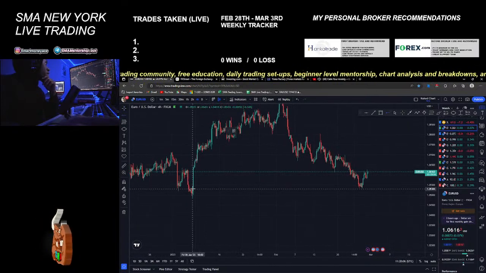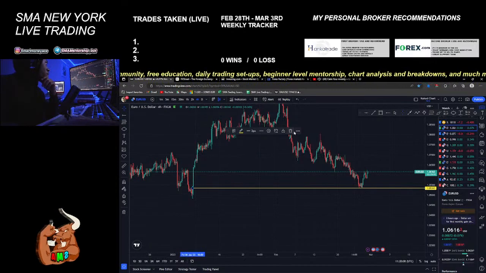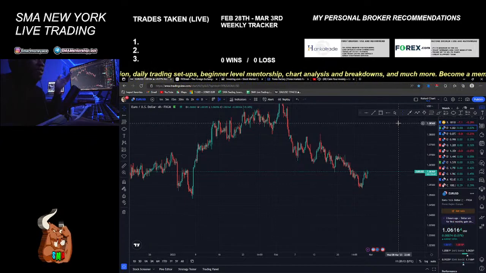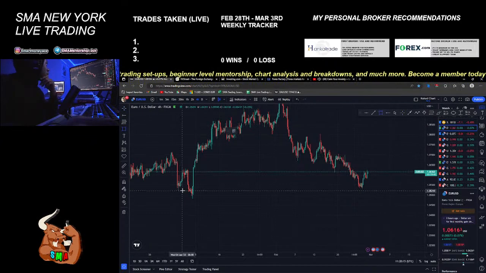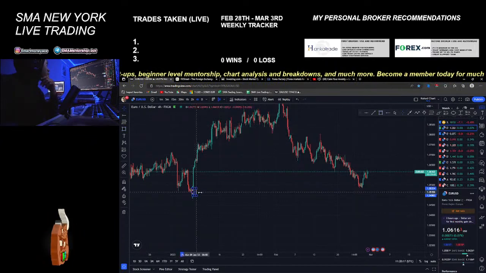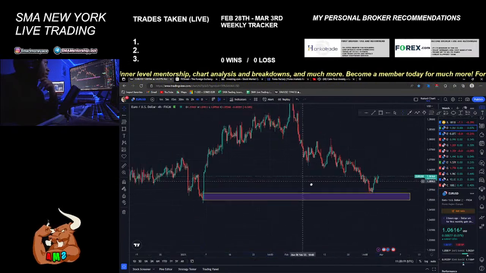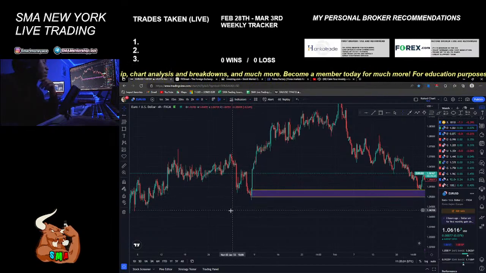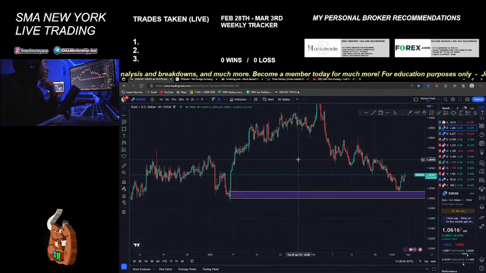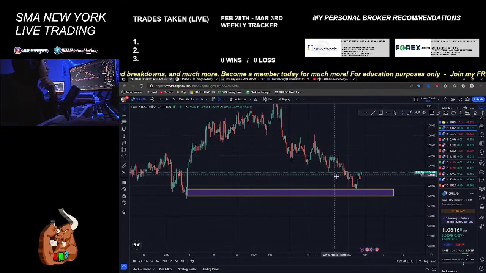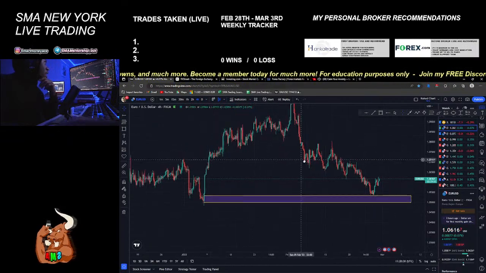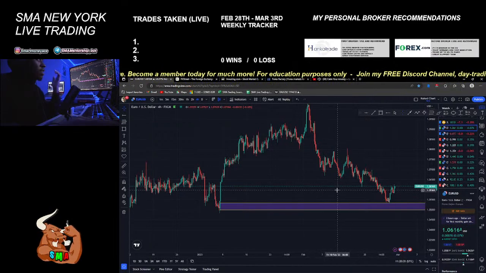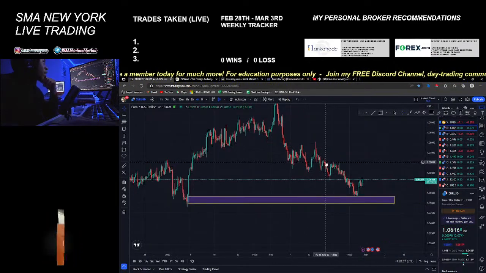So Euro USD already made its initial move off of this zone, and we can go ahead and talk about it so that you guys will be able to catch this move when you see it the next time. But basically, when you have a gap like this in the market, notice how Euro USD was over here for some time. We have all this bullish traffic. You'll notice that it forms this gap, right? This wide area that you want price to eventually come back to. You guys can mark it up as a zone or a market gap. And basically when it comes back,